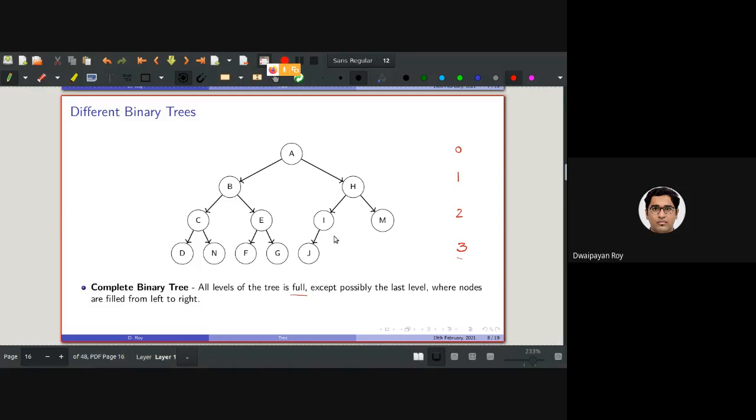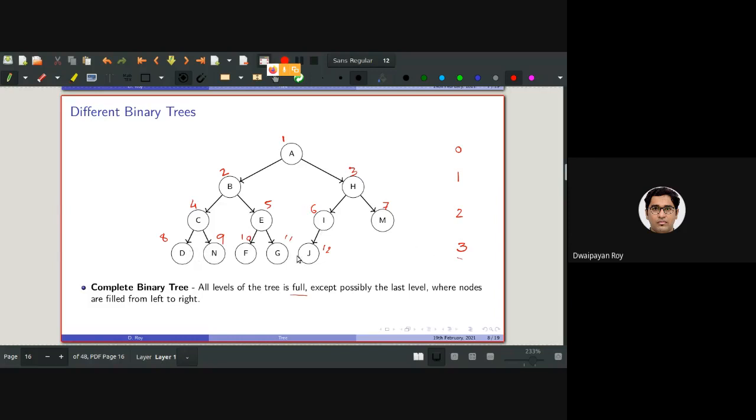Now, if I just put a number just above the nodes, you will be able to better understand the thing. So 1, 2, 3, 4, 5. If I number them, as you can see, in level 0 only one value is there, that is the root. Level 1, 2 values are there. Level 2, 4 values are there. Level 3, from left to right, we are completely filling.